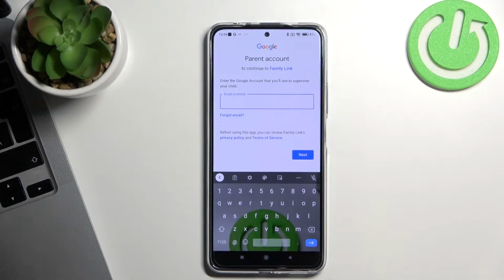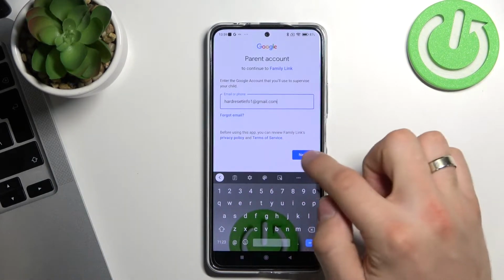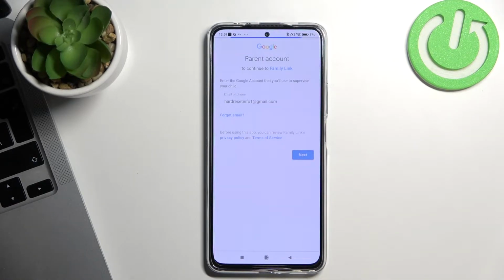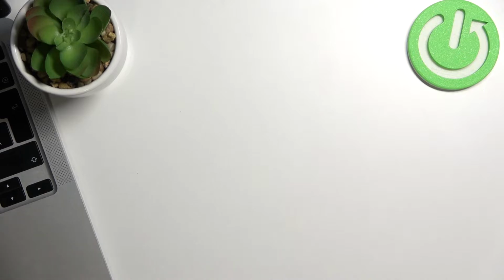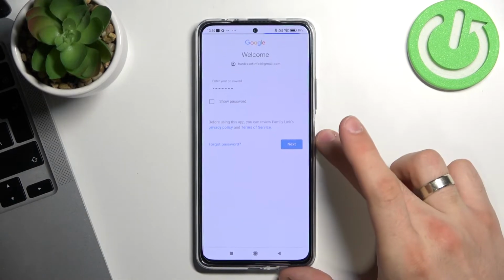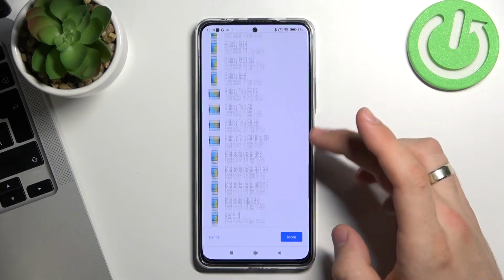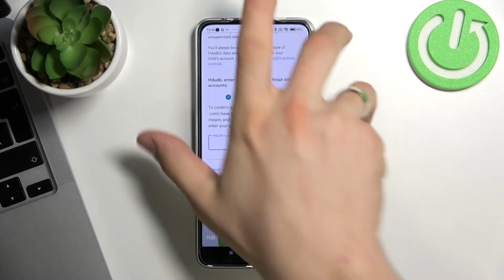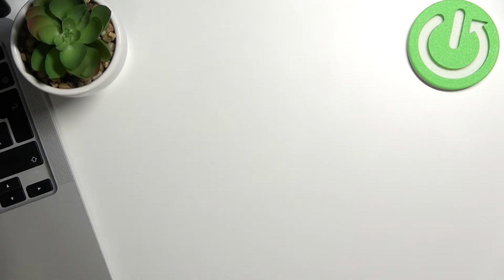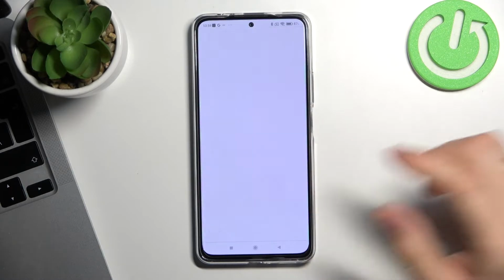So now you need to log in into your parent's account to link child account to your account. So enter email, enter password, click Next. Scroll down and confirm child's password. Click Agree, allow supervision,